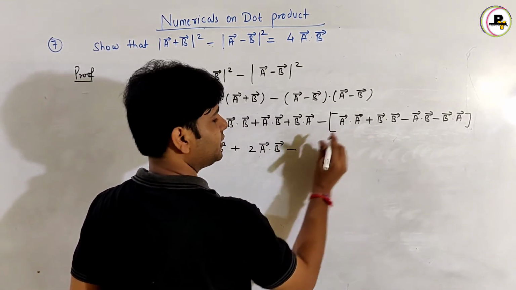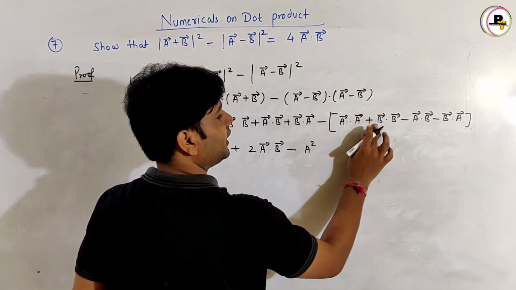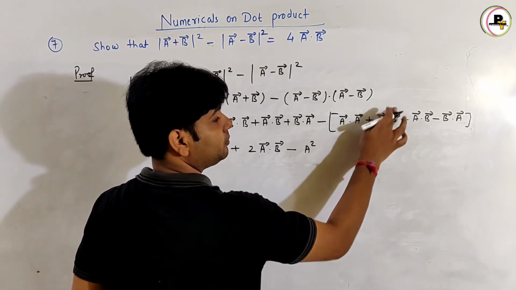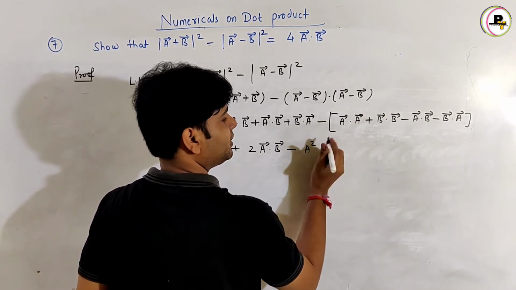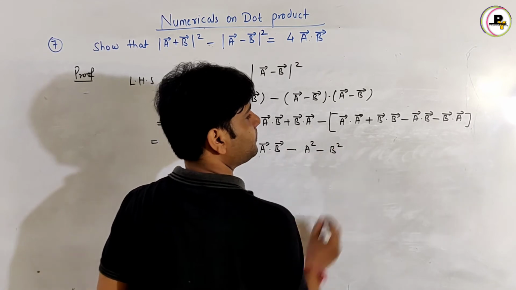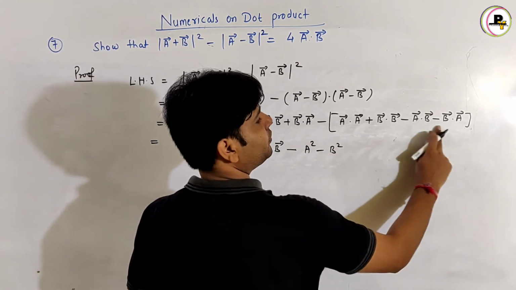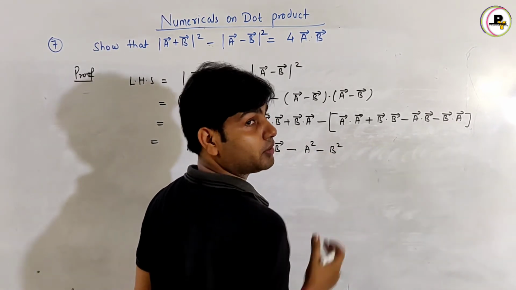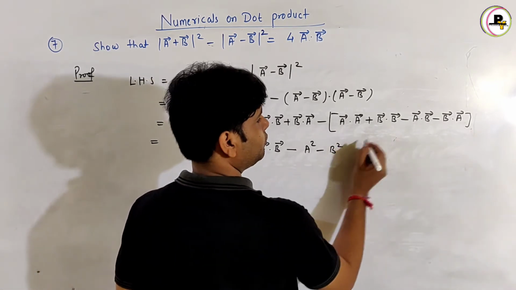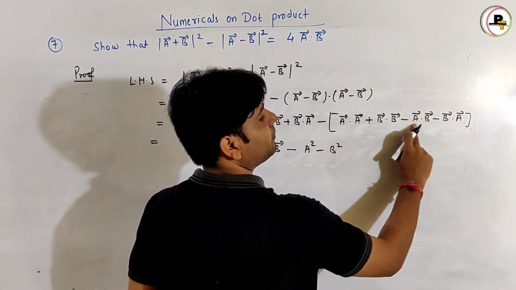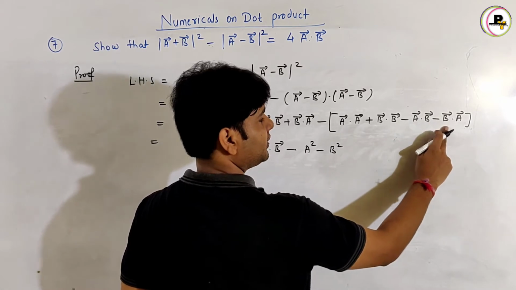A vector dot a vector is square of a, and b vector dot b vector is plus b square, and multiplying with minus sign will be minus b square, and these two values will be added because dot product obeys the commutative law. Therefore I can write here this value will be minus 2a vector dot b vector,